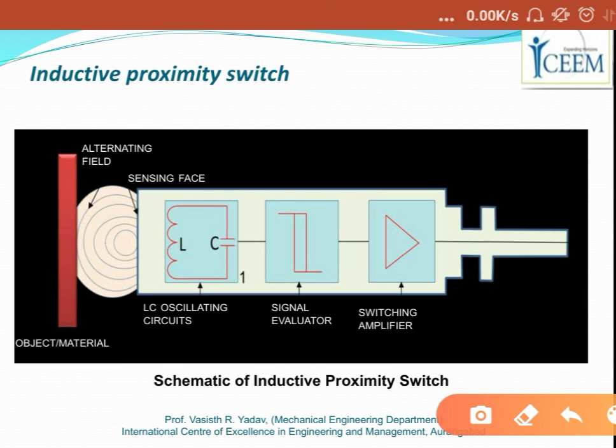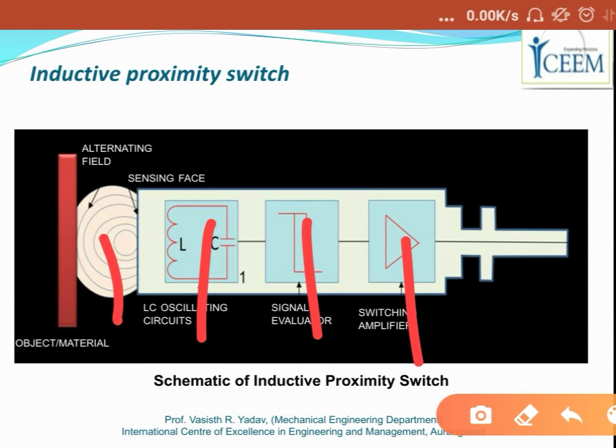This type of sensor has four components: the coil, oscillator, detection circuit, and the output circuit, very similar to the previous one, the eddy current proximity sensor.